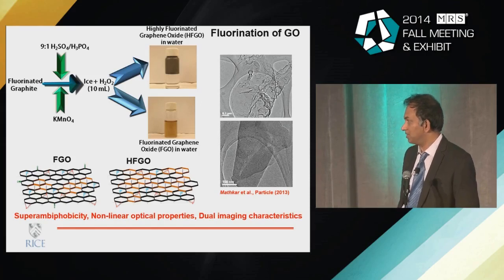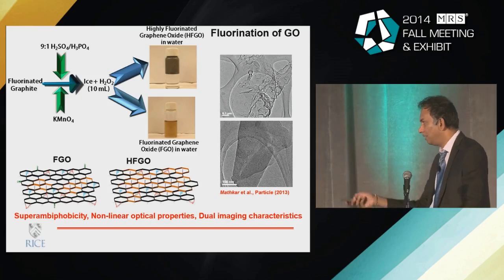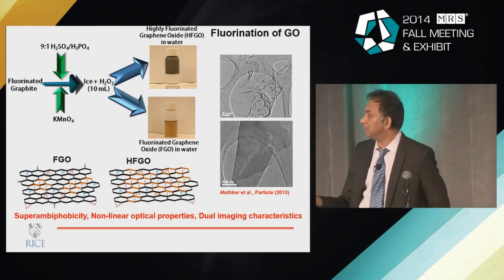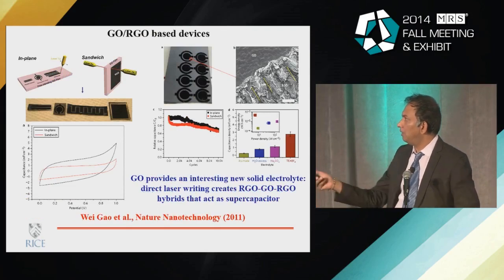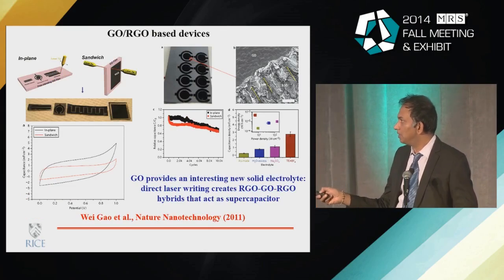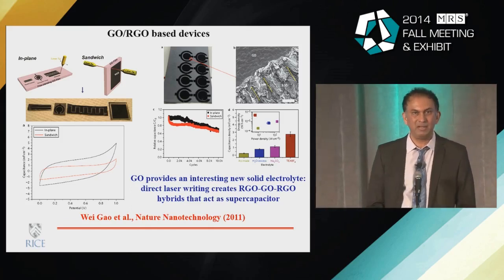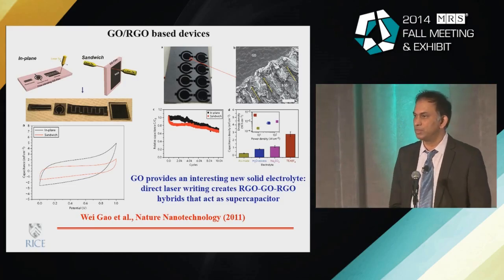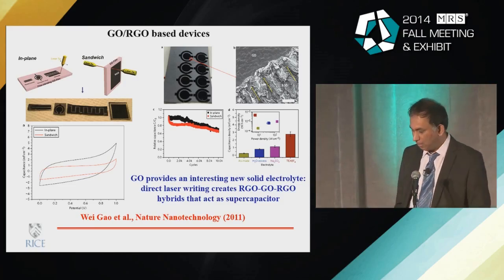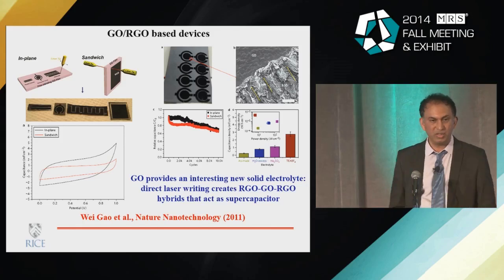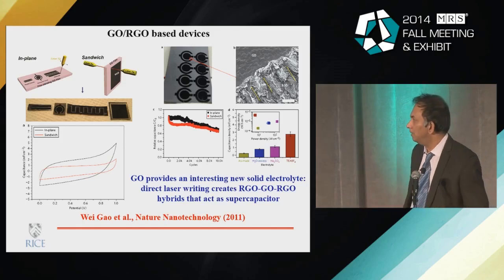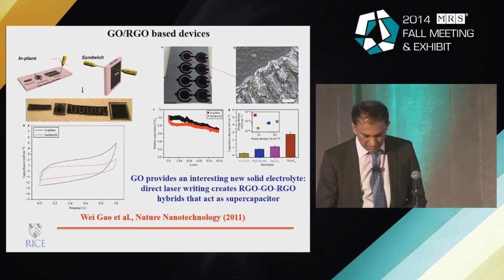And I think, to some success, things like fluorinated graphene oxide are quite interesting because they show characteristics like superamphiphobicity, non-linear optical characteristics, imaging, and all kinds of things like that. Now, I mentioned GO, but there's also reduced graphene oxide, which is similar to graphene, but not exactly graphene. This can be done through solution techniques, so it's much easier to create in bulk forms. And the combination of GO and RGO gives you this powerful metallic-insulating material combination.